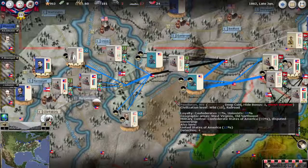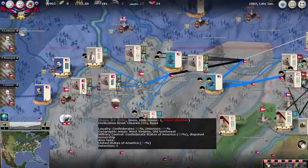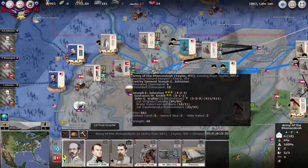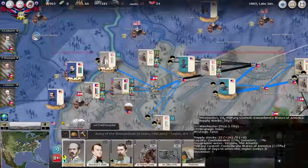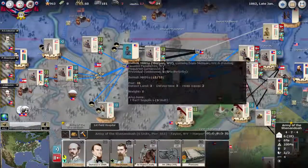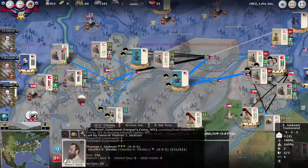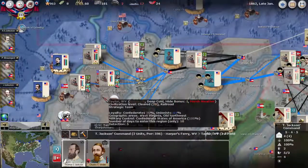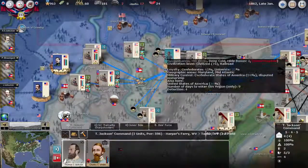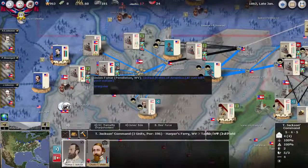All right, it's late January 1862, and we'll start off where we always do in Virginia. Basically, I'm sending away Evan's starving troops and Johnston's forces, who will begin to starve this time, to Harper's Ferry and Winchester. What I'm hoping is going to work, if we are very, very lucky, is that Jackson can arrive with a brigade. In addition, several supply wagons and other regiments, partisan units, and so forth will attack the Union